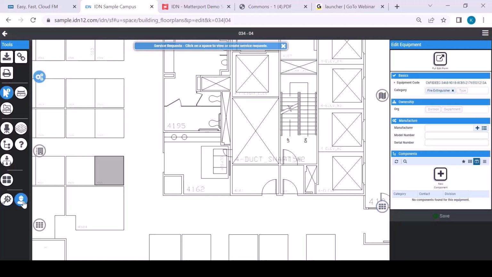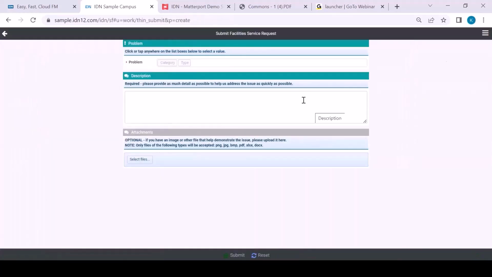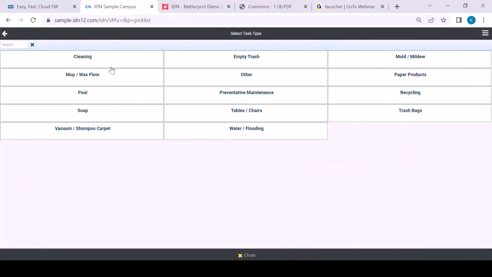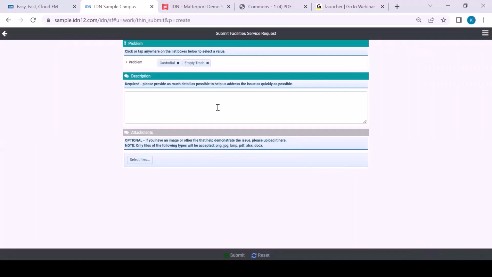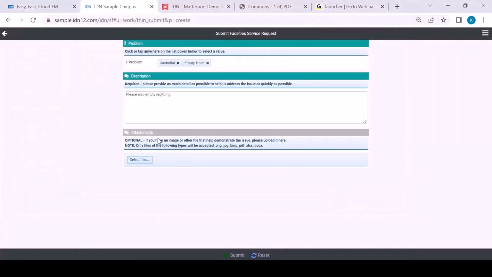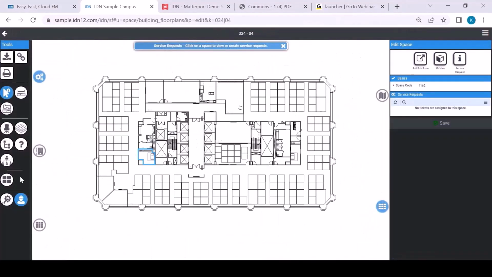I can click on this hard hat guy here, and I can click on a space. And at the top, again, it says service requests. Click on a space, and I got this option up here. It says service request. I can quickly open up a service request. I can say, well, what's the problem? It's a custodial issue. The trash is all over the place. Want to empty that trash out. And if you want to take a picture of it, I don't have a camera associated here, but if I had a picture to select here, I could do that and then just hit submit. Or I could take a photo of the trash situation. And then once we've got that mode,